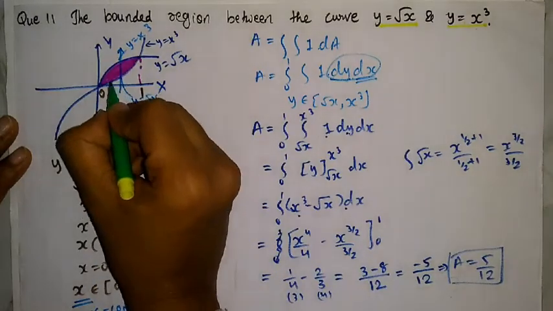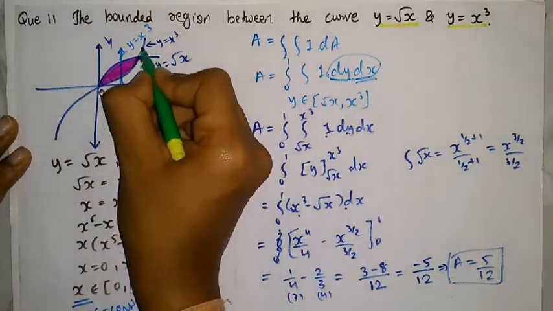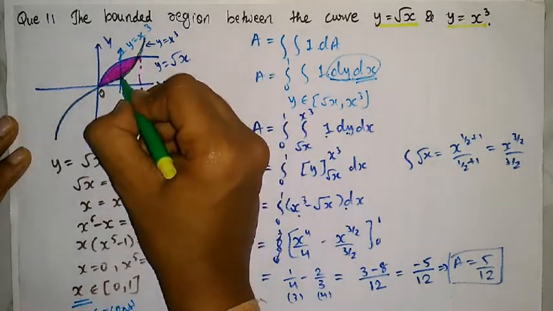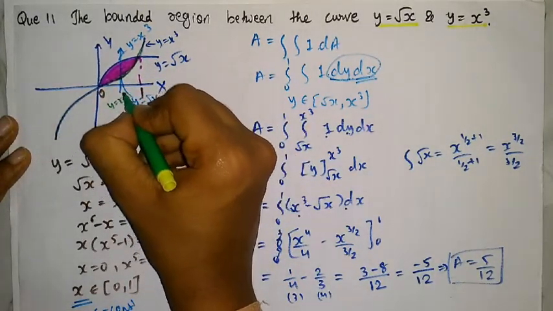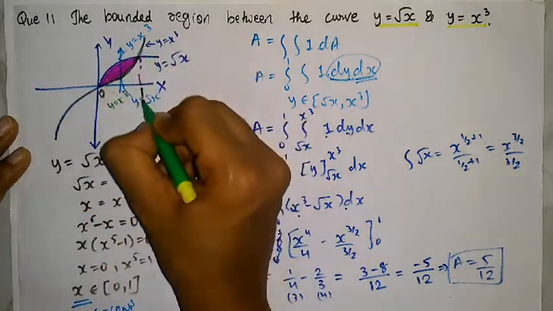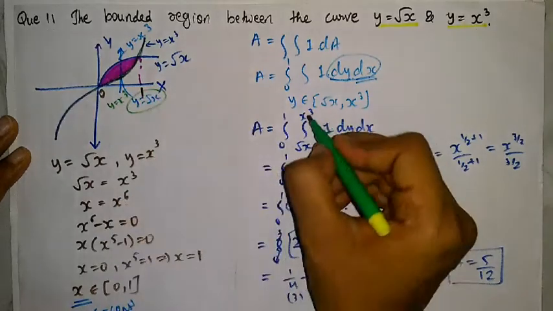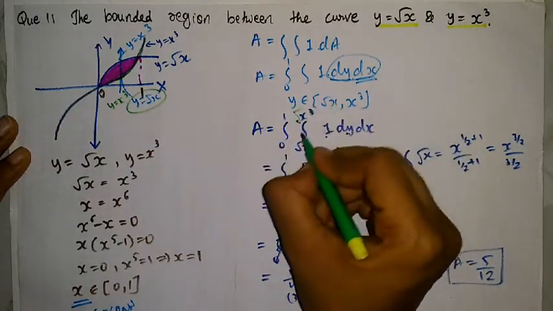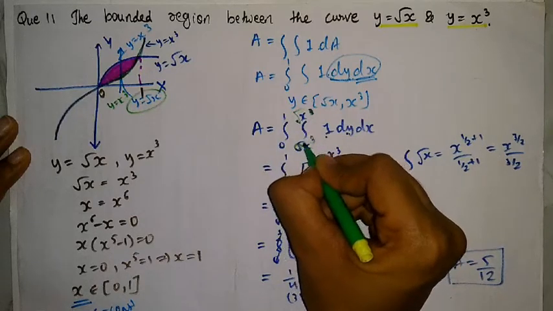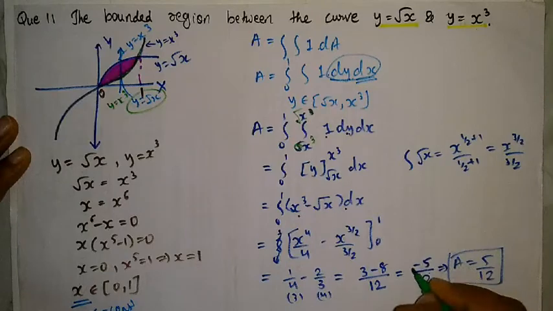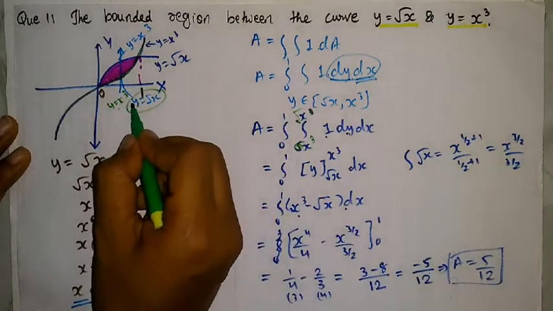Here we have seen it was entering from x is equal to, this line was y is equal to x cube. We made a mistake, and the upper was y is equal to root x. So here the limit will be root x, and here it will be x cube. So there will be a change of sign. So in the final answer we will get positive by changing that.